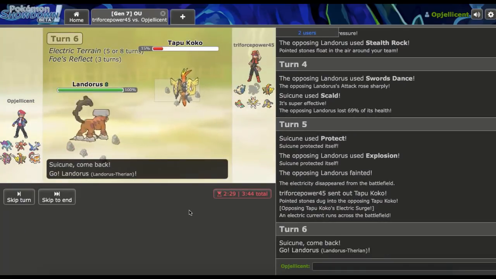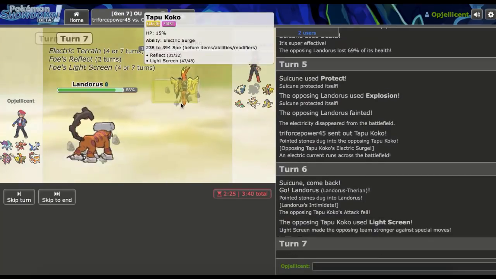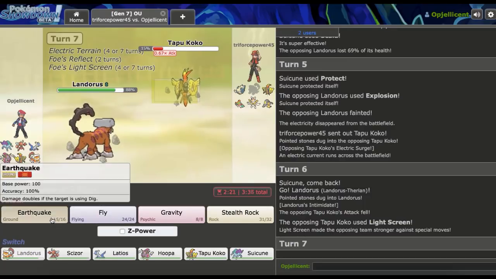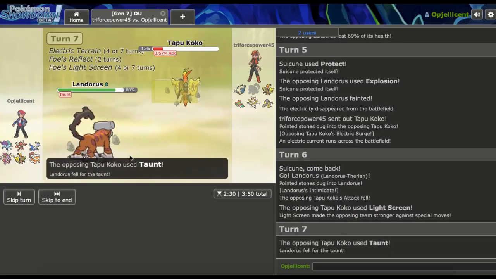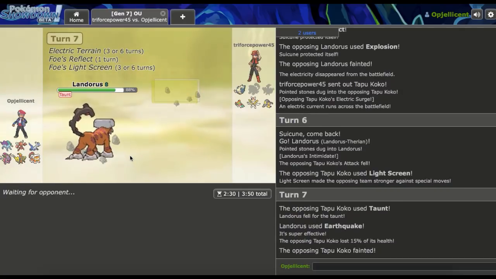Landers should be able to wall this. It should be dual screens, Defog, T-Bolt, I think. He just gets up the other screen, which is totally fine. I'll just go right here for the Earthquake. I mean, Reflect only has 2 more turns left, and this thing only has 1 more Rock Switch in, so he goes ahead and taunts. I'm not sure what he was expecting, maybe a Swords Dance of my own, but that thing goes down,